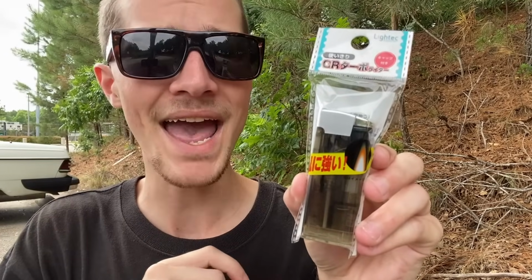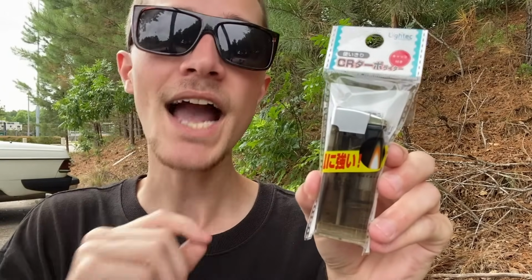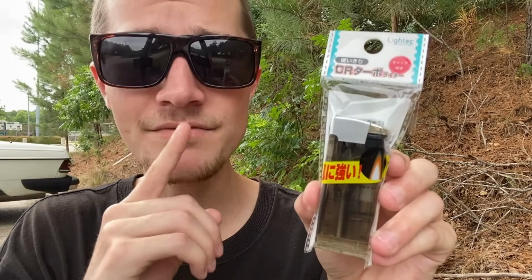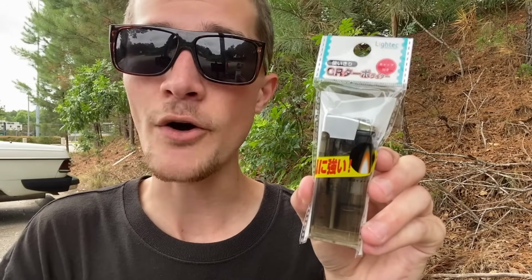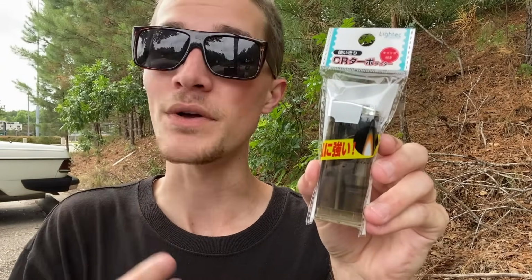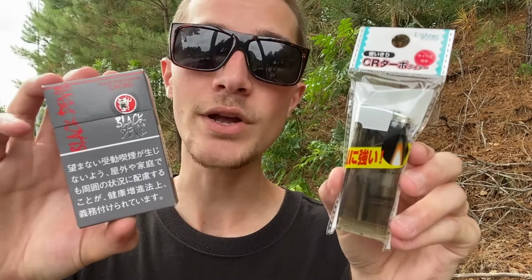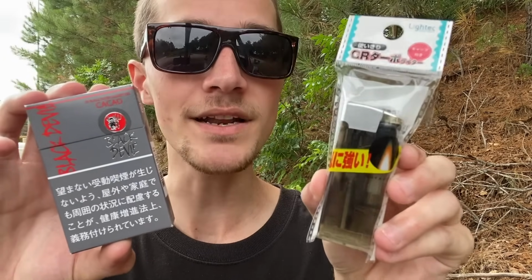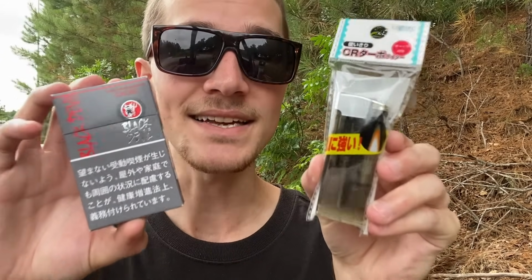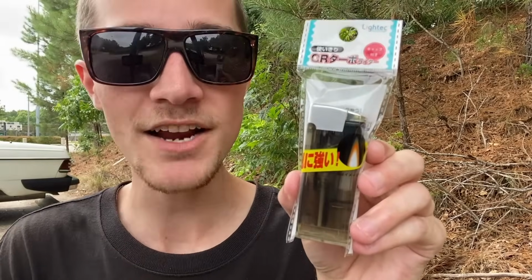But before I get the lighter out and start using it, I gotta go over the packaging of this lighter. After I go over the packaging, I'm gonna get the lighter out and let you guys know how the lighter looks, how it feels, what the quality of it is like, and of course, how to use it as well. And then after that, I'm gonna get one of my Black Devil cacao flavored cigarettes from Japan lit up, and let you guys know how good this lighter is at actually lighting cigarettes. But without further ado, we gotta start with the packaging,